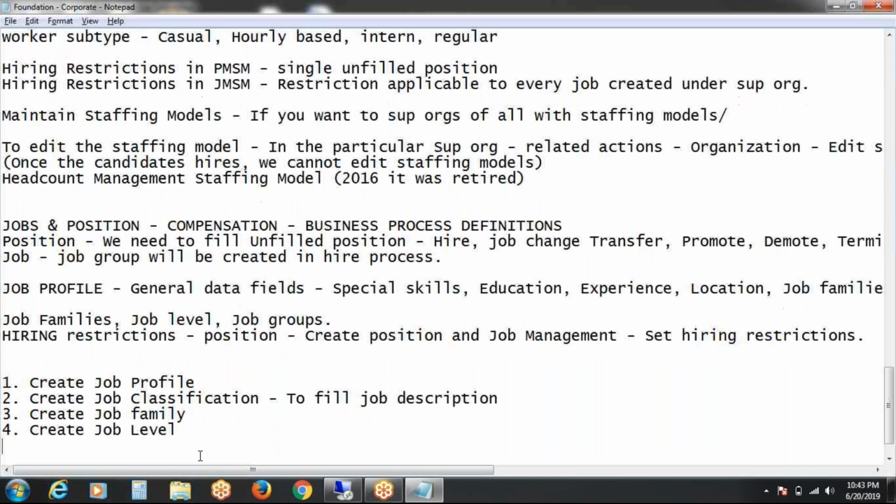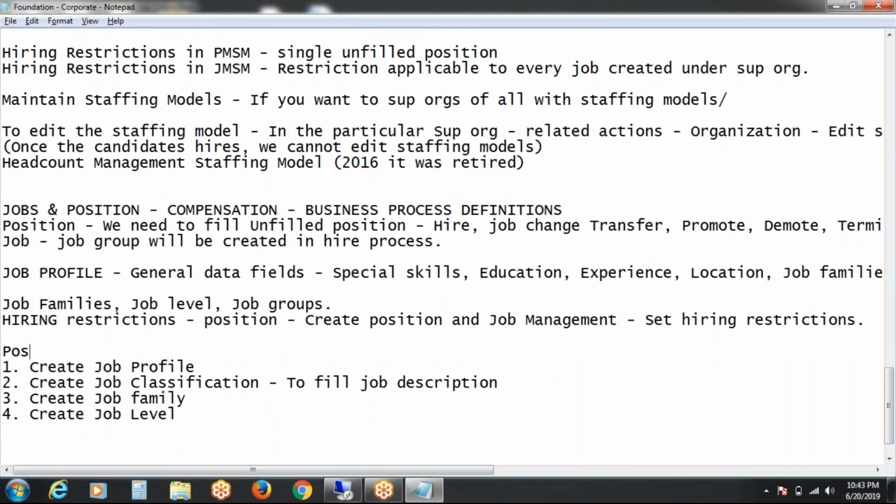Along with this, it is common for both position and job management. So the task of creating the job profile is the same. And after creating this job profile, we need to discuss compensation also. Today I will create this job profile.